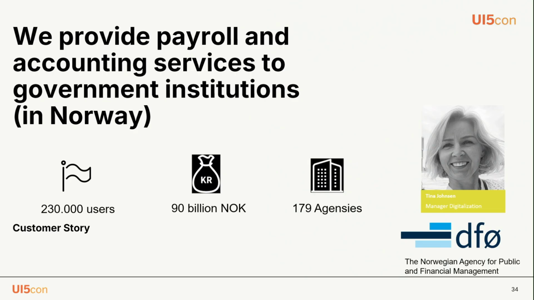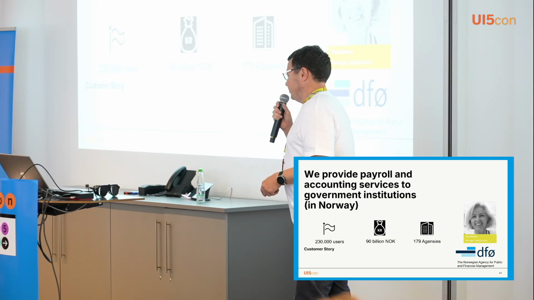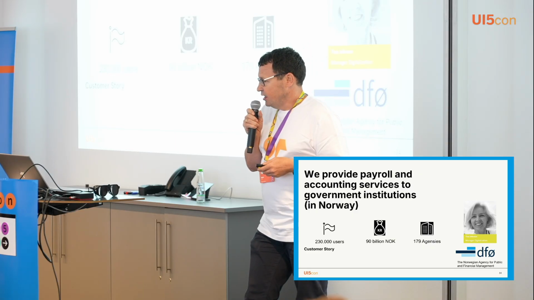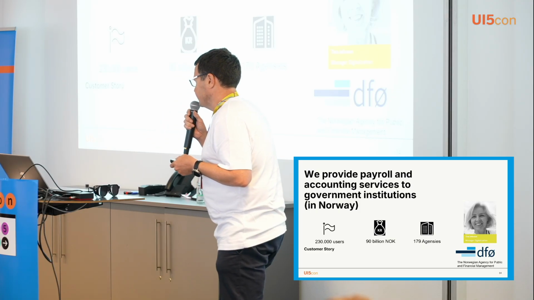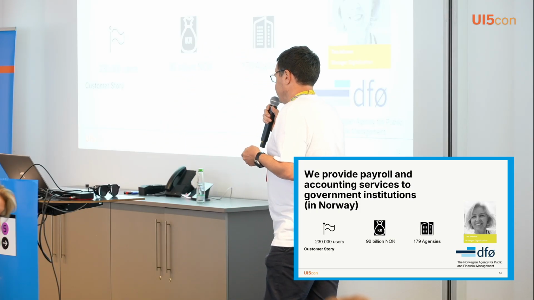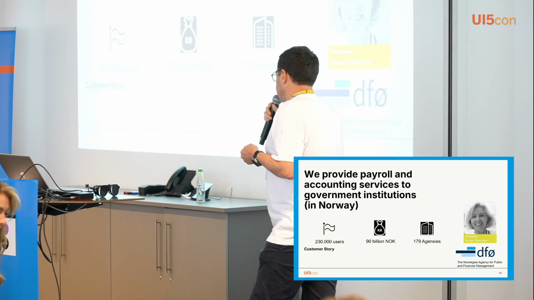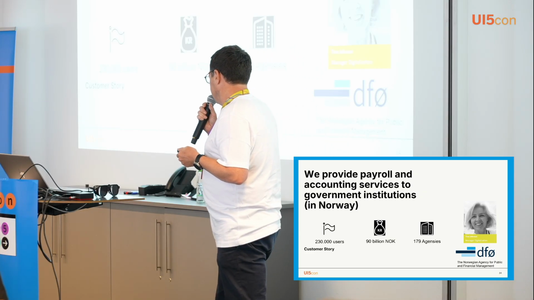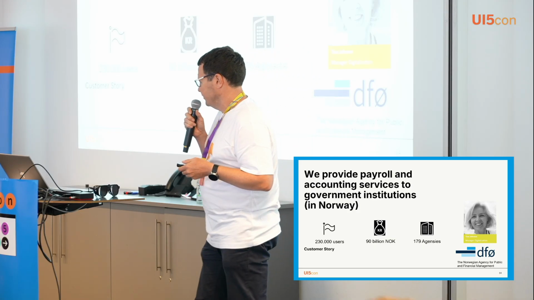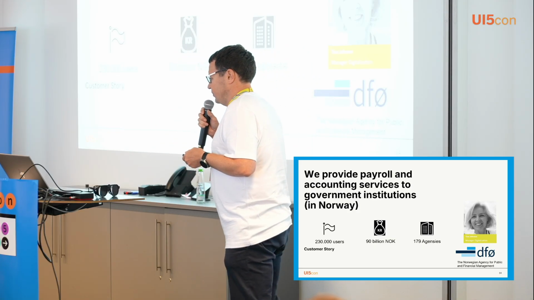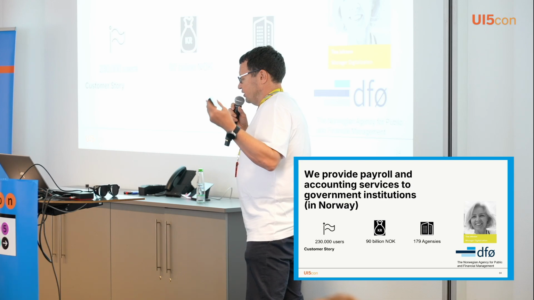Now let's switch to the customer example I brought with me. DFÖ is the customer I'm talking about. It's a Norwegian public service organization. They are providing payment services to every state employee in Norway. So they have a lot of users, 230,000. They are paying 90 billion Norwegian kroner a year,